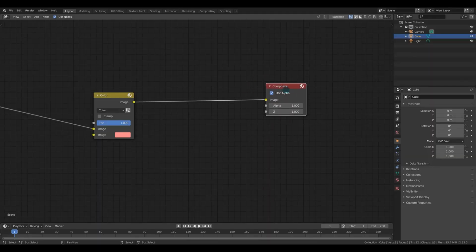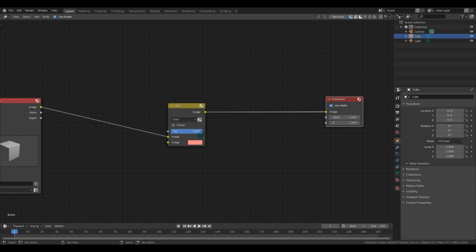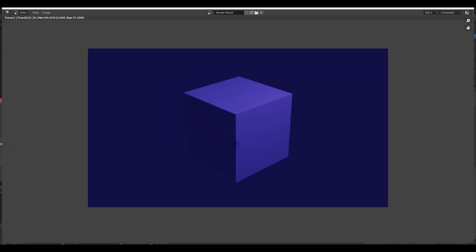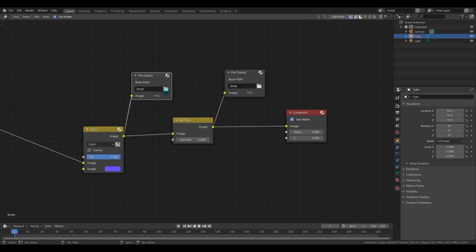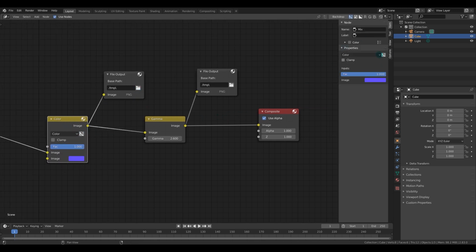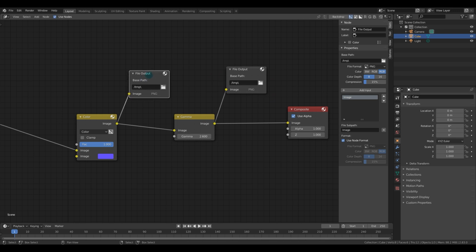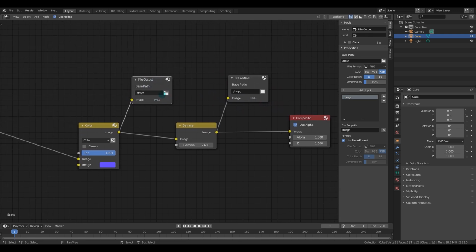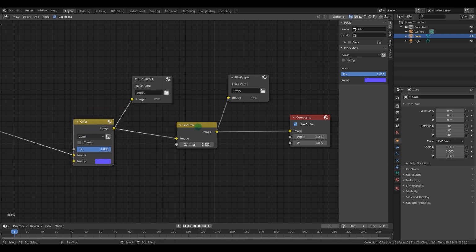The composite node is where all of your nodes connect. If you wish to see your changes reflected in the renderer, you're going to need to use the composite node. The file output node is used to output images based on the input provided in the settings in the properties panel. Something interesting about the file output node is that if you have auto render on, it will automatically save these files whenever you make changes to the input.